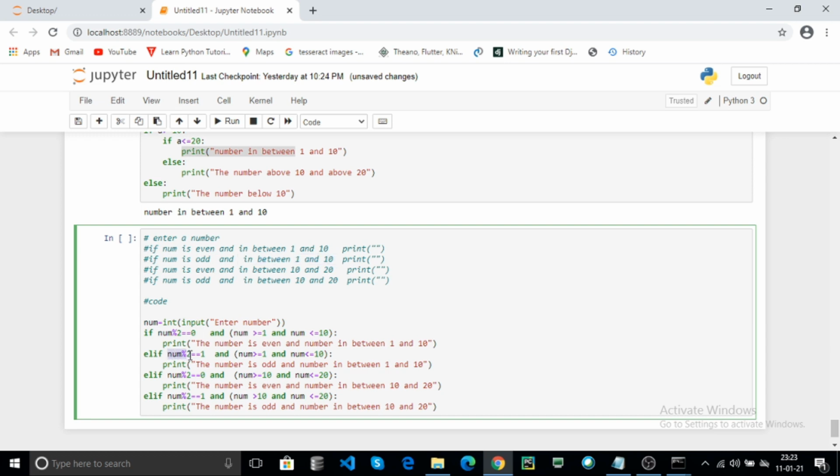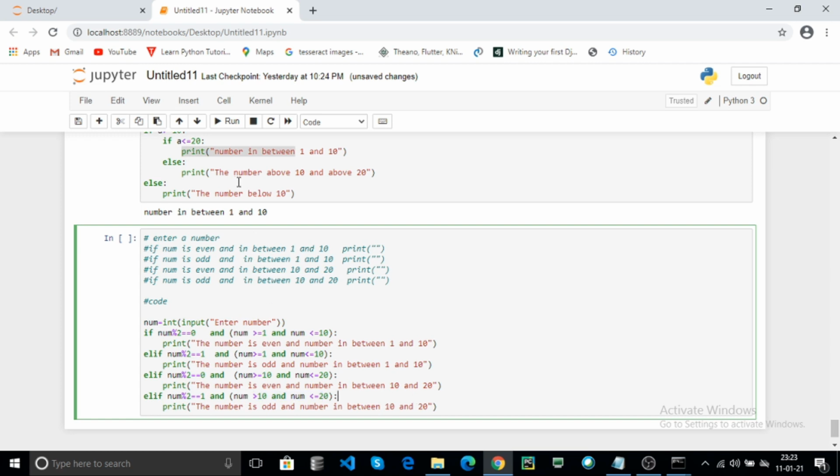Then the number is even and in between 10 and 20, and the number is odd and in between 10 and 20.